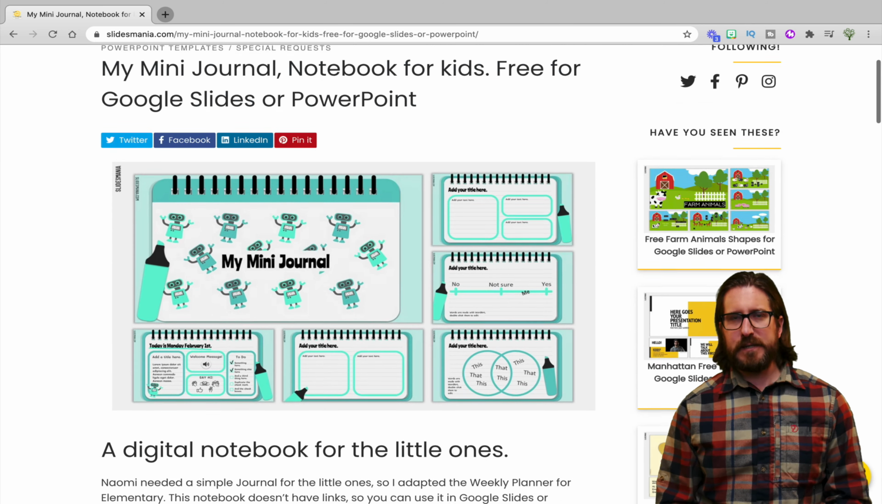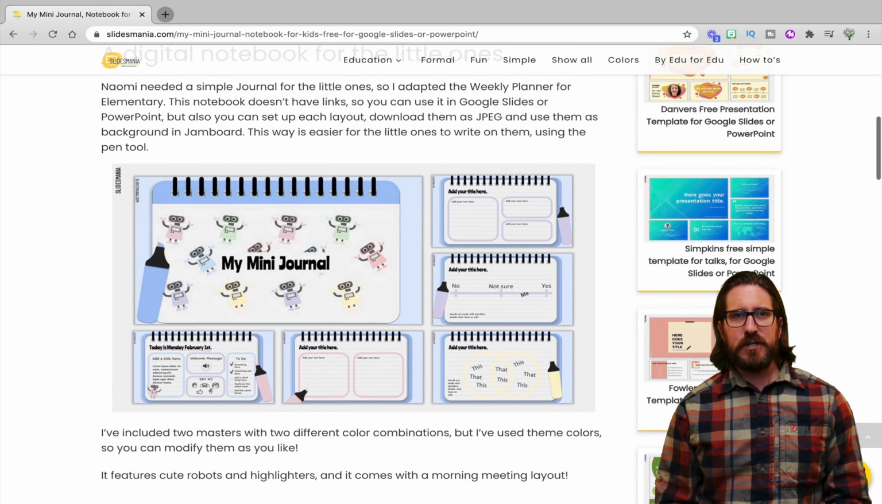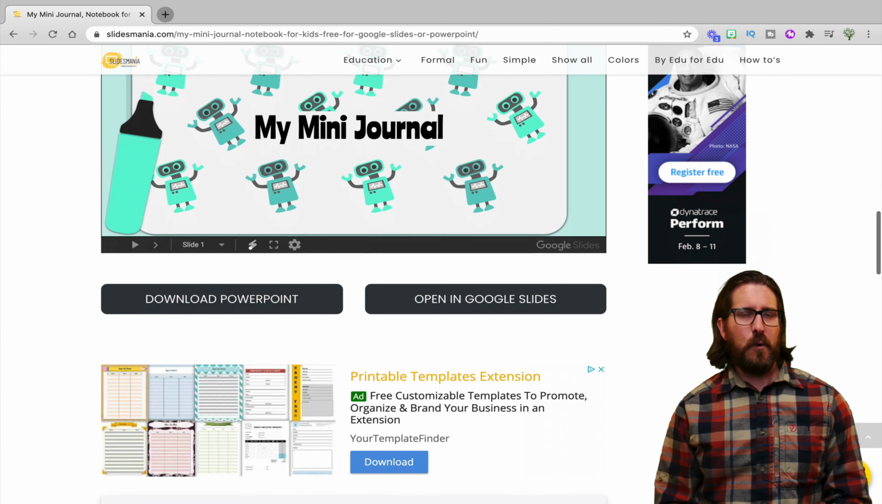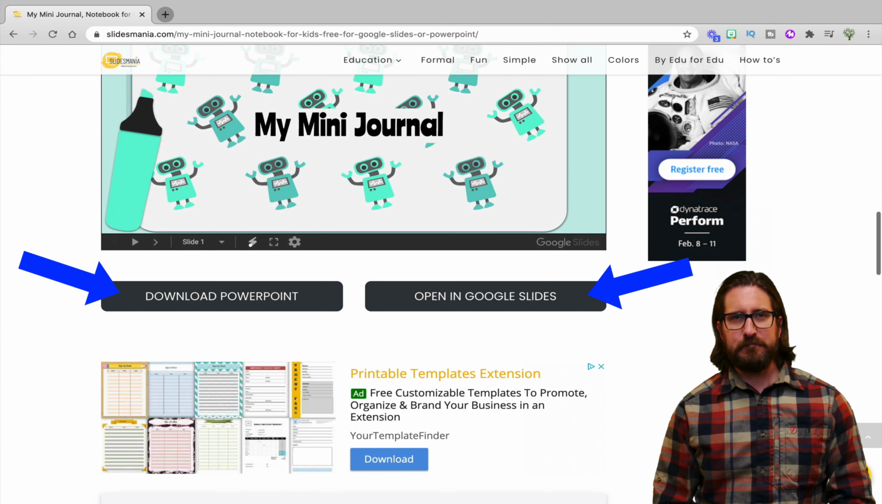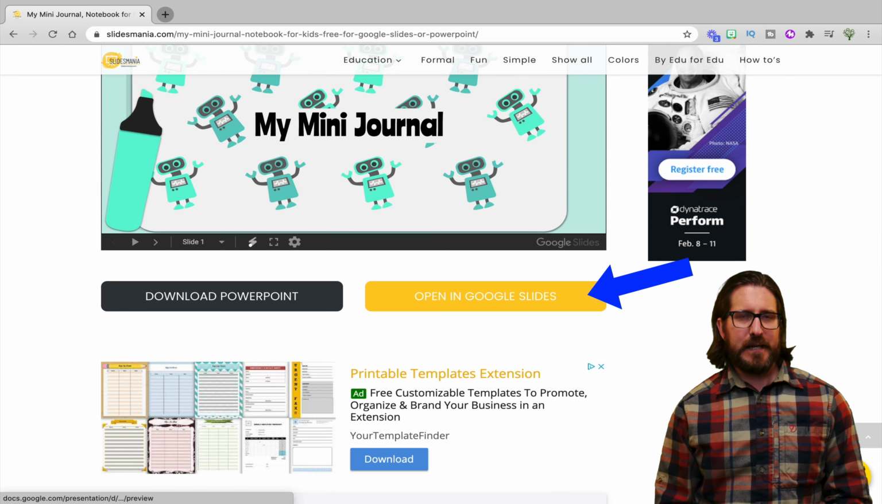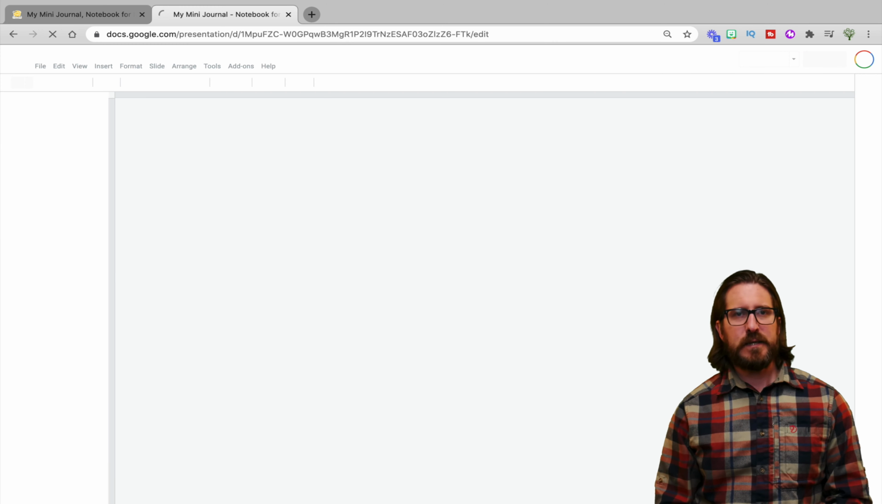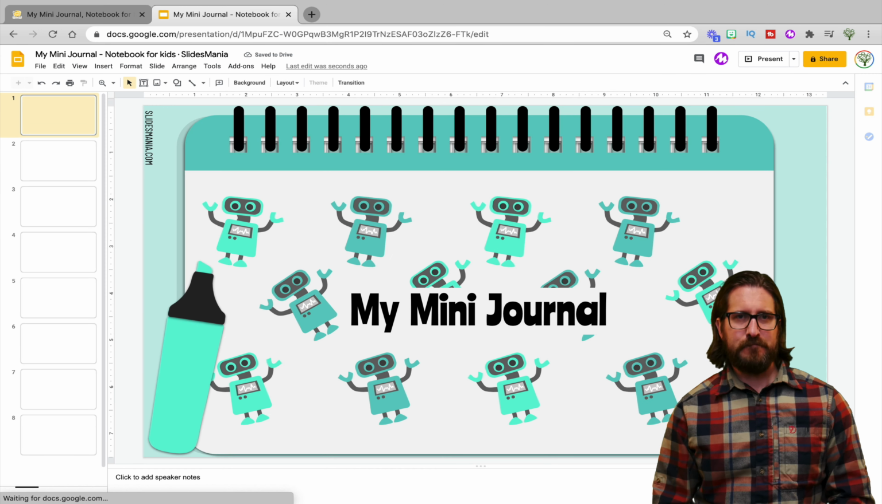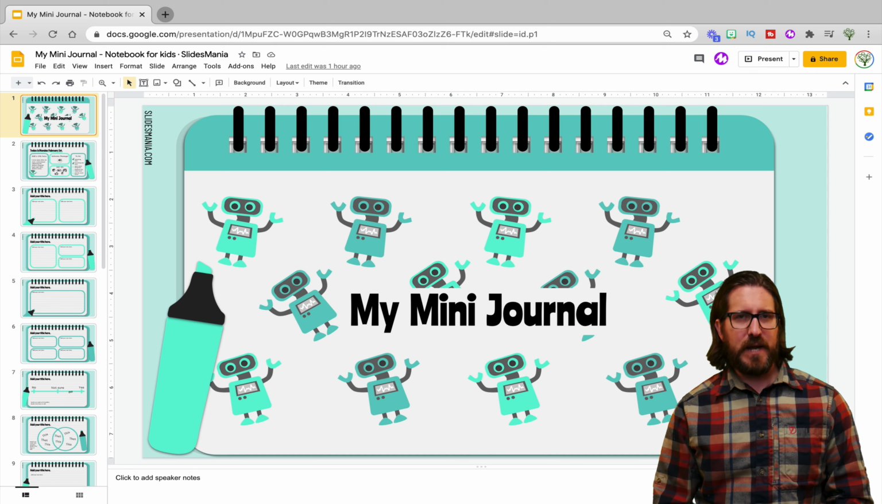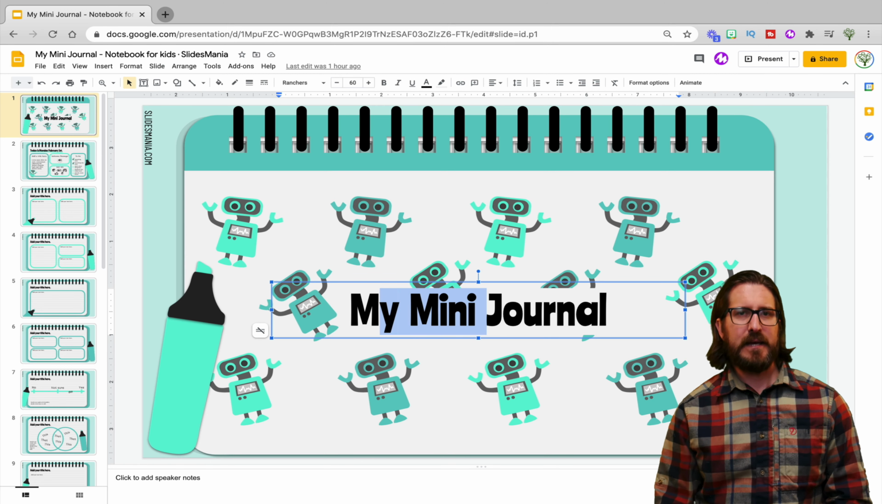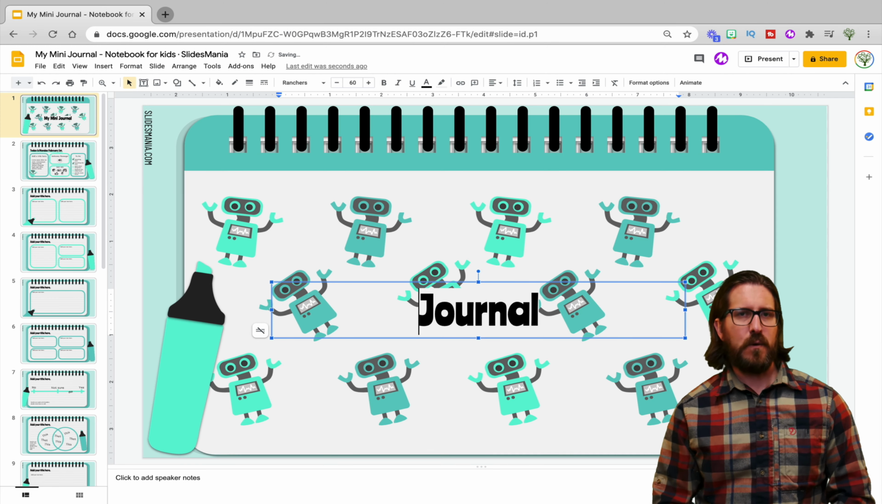After you click on a presentation, to download it, just click Download PowerPoint or Open in Google Slides. I'll choose Google Slides here, click Use Template, and then I'll have access to this template to use as needed. Before adding this template as a Jamboard background, you'll want to make sure to make whatever changes you plan to make to your notebook on these slides, since you won't be able to make those edits once it's in Jamboard